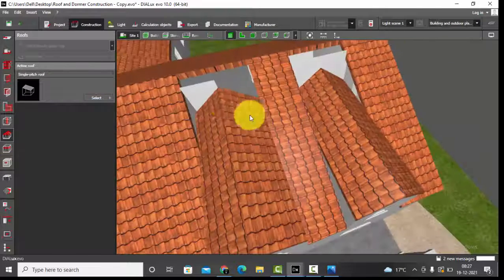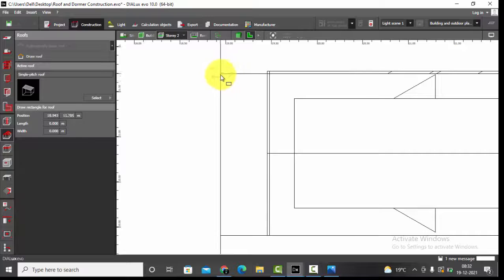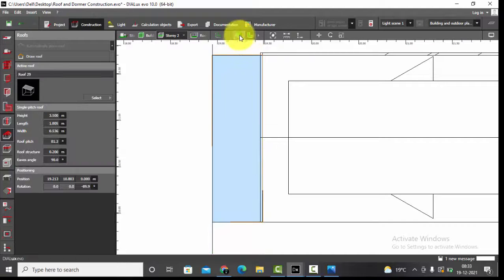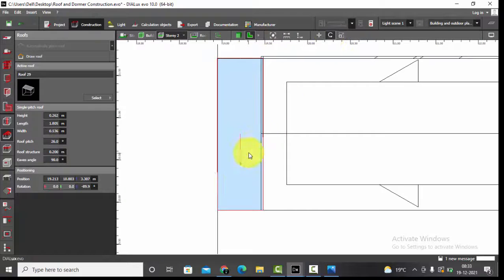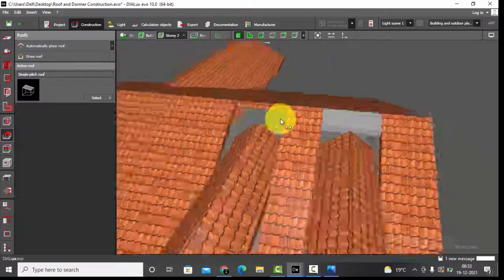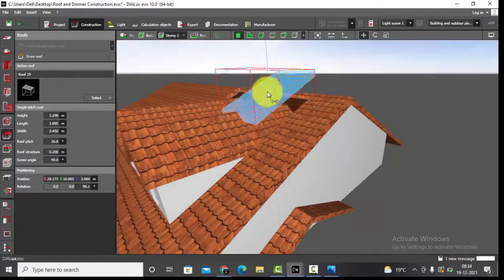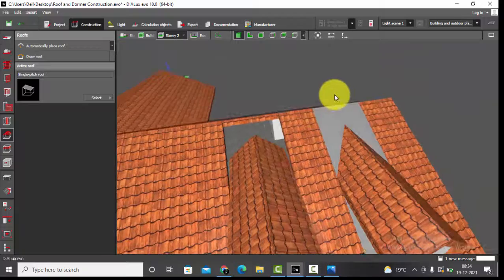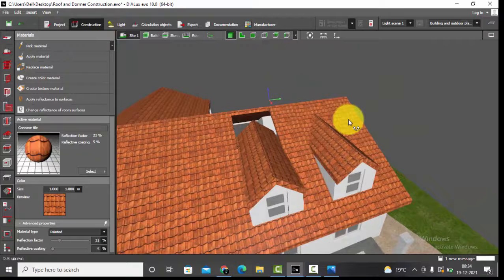Done. Now we are going to draw the same single pitch roof near the dormers as well. We'll go to the plan view. So this is how you draw the other part of the roof.